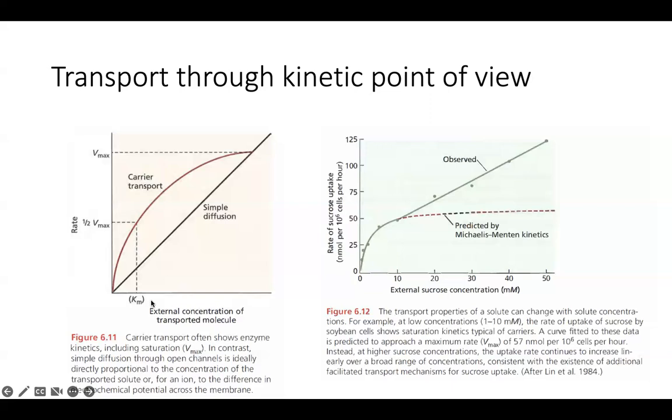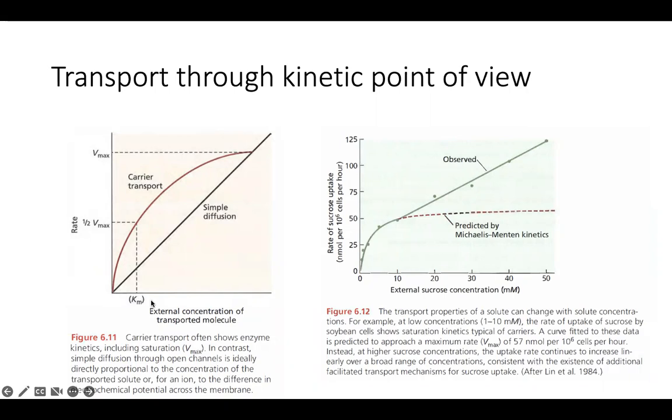If a transporter works in low concentration, we call it a high affinity transporter. If the transporter works when the elemental concentration is high, then we call it a low affinity transporter. It's extremely important in my area of research to have a low affinity transporter or a high affinity transporter or both. So here, the first transporter, the carrier transporter of sucrose, is a high affinity transporter because it operates when the